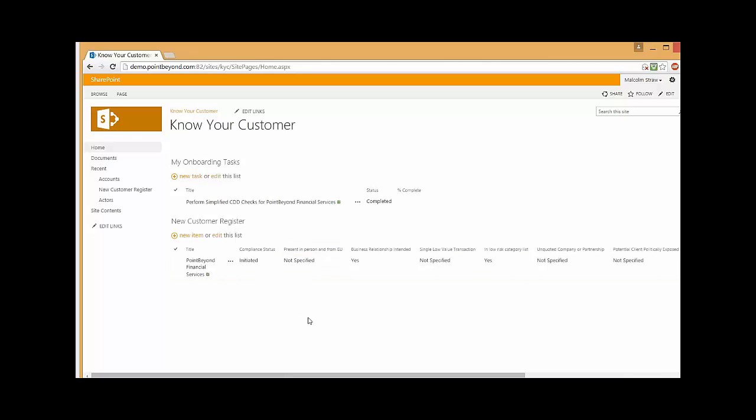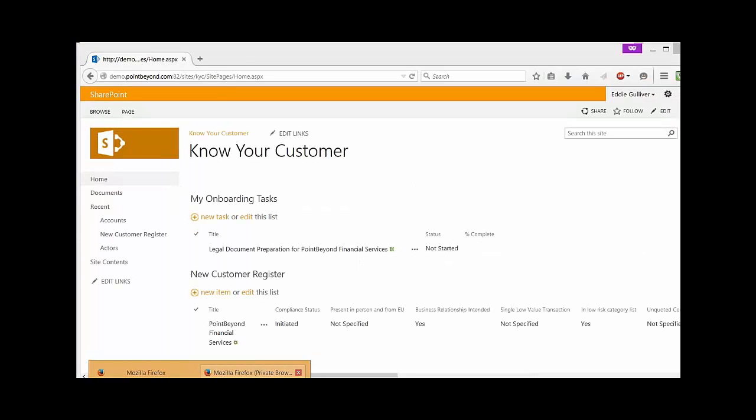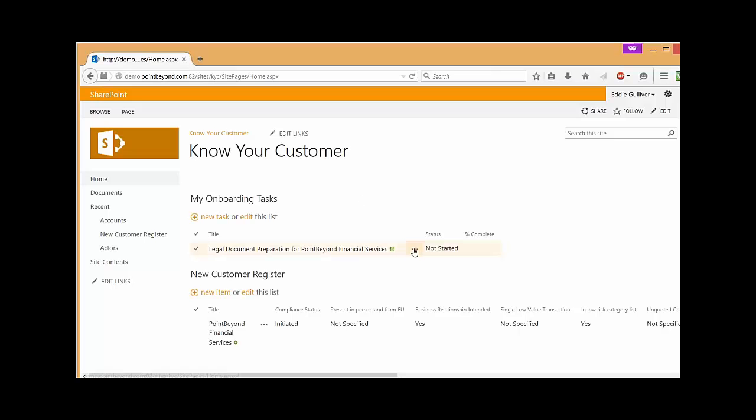This individual is the legal representative. So for the onboarding process to continue, we need to step into the shoes of the legal representative, and that's Mr. Gulliver. So here we are looking at Eddie Gulliver's workspace, and we can see a task is marked up here for legal document preparation. I'm going to go in here, edit the item,